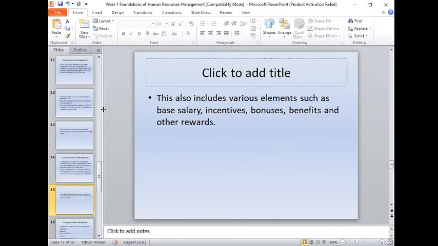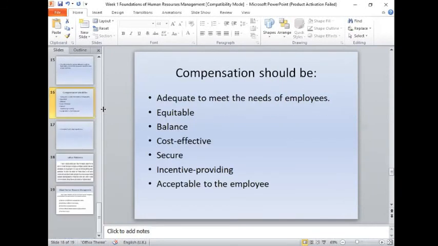So what the labor code says is there is a requirement of giving a mandated benefit. That also serves as a motivational factor to the employees on a monetary basis. And please take note that the compensation should be adequate to meet the needs of the employees. Of course, we have a minimum wage law. Equitable, it should be equal to all employees, but for me,